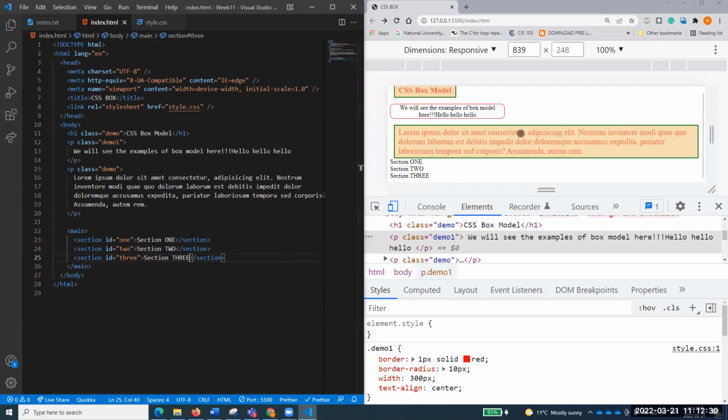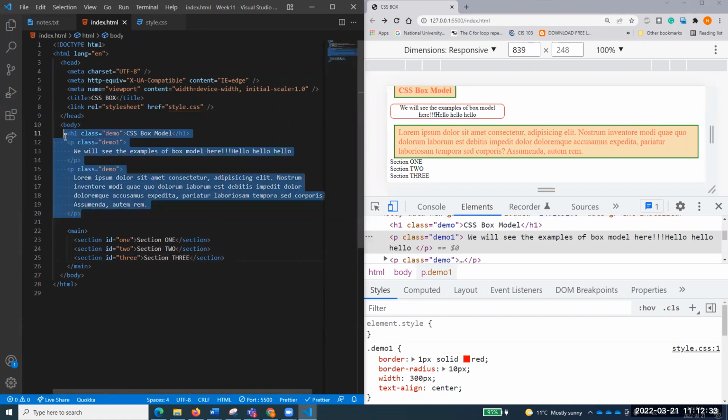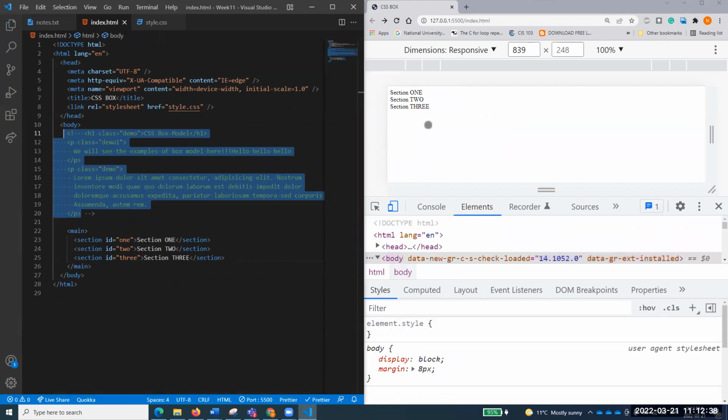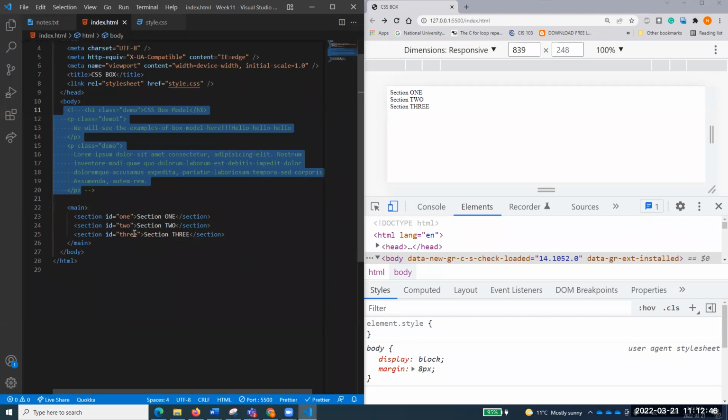Right, so I've just created some sections. And by the way, for the time being, I will make them comments. I just don't want to show them. I want to show them section 1, 2, and 3, because you'll enjoy that, and I will give you a good example of that. So this is main section, main with ID 1, ID 2, and ID 3, and we can just play with that one. Right, so we have created 3 sections, and now we want to create some more